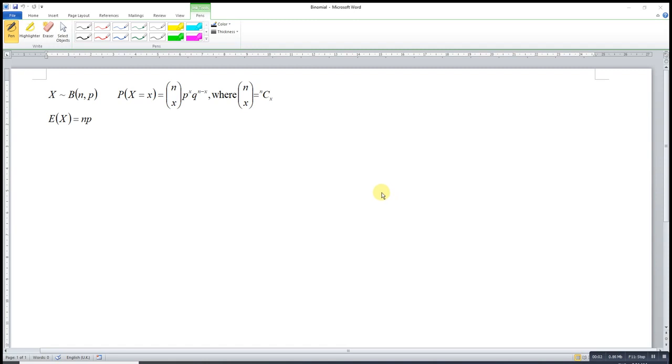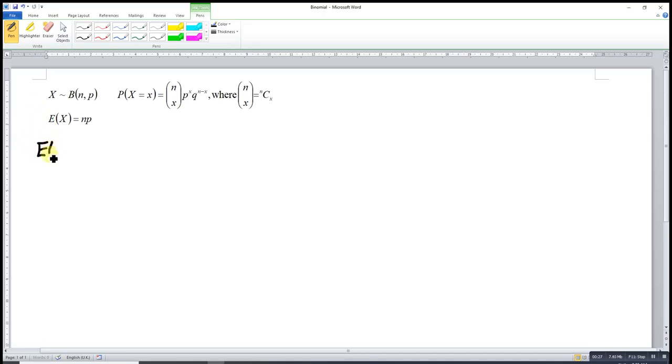Hi, this is Sing. Today I would like to share the proof that the mean of a binomial distribution is equal to np. Given that the random variable X follows a binomial distribution with parameters n and p and the density function, okay, so we know that